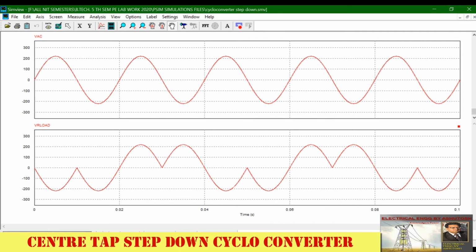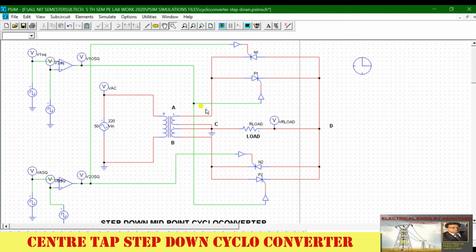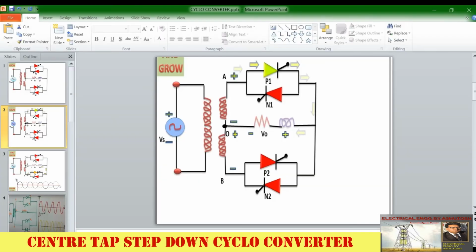Okay, so basically you can see here from the diagram, in another diagram, what happens actually. Load is connected, you can see here load is connected between C and D. This is the resistive load. So how current flows, you can see this is A point of transformer, this is B point of transformer, and the midpoint is called C point of transformer. This is the center tap, and this is the point D. So between C and D points there is resistive load connected, and we are measuring the voltage from this voltage probe connected over here. Okay, so see what happens.